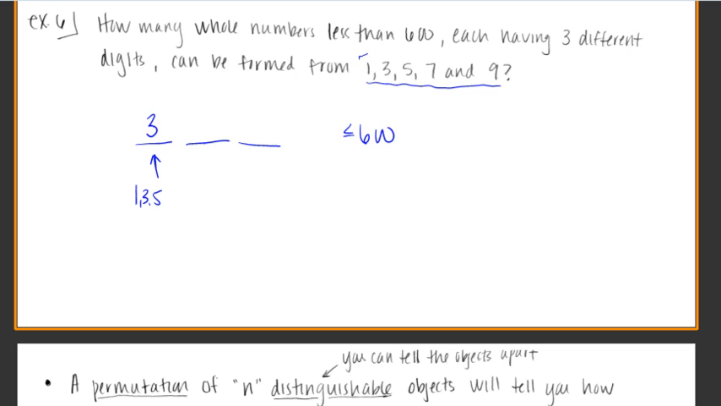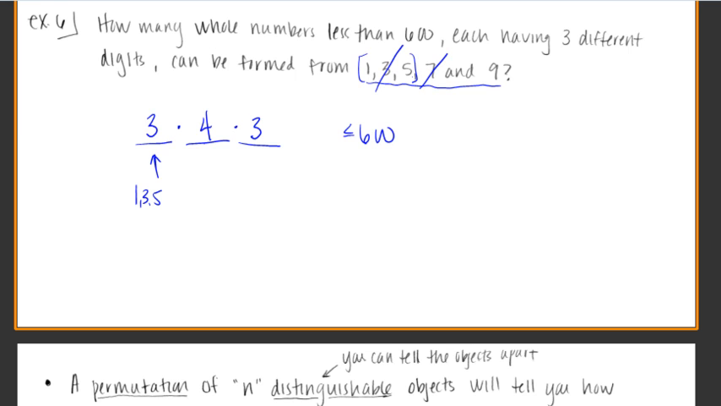Well, I can only use 1, 3, and 5 for the first digit. So let's just say I took away one of them. Okay. How many options do I have for the second digit? Well, I could use the 1, the 5, the 7, and the 9. So 1, 2, 3, 4. I have 4 options then technically for the second digit. And then let's say I took one of those away, then I only have now 3 options for the third